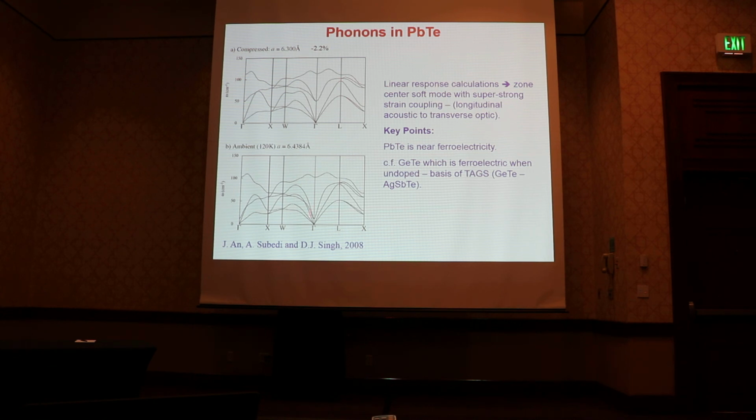What you see is that the ferroelectric mode strongly increases in frequency as you compress the lattice. That got us to thinking, because the other component of a good thermoelectric is low thermal conductivity. And up to then, although people knew about lead telluride, which has a very low thermal conductivity, the focus was on using